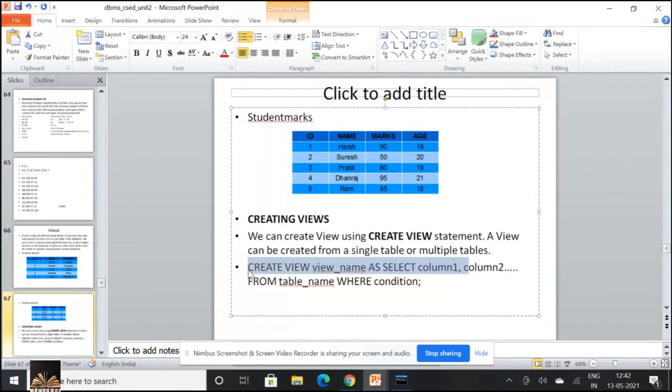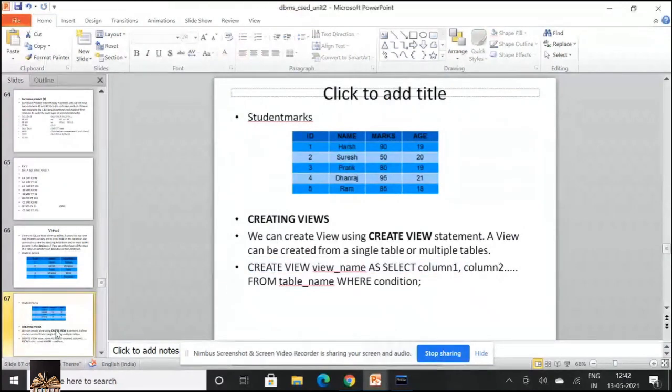If you want to work with a condition, you can give the where clause, or if you do not want to specify any condition, you can eliminate the where clause. So this is about how you create a view using a single table. You can create a view using multiple tables also based on conditions.